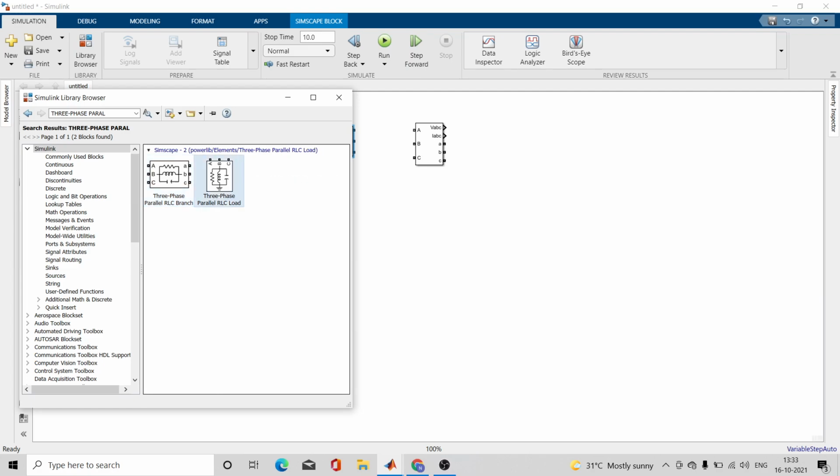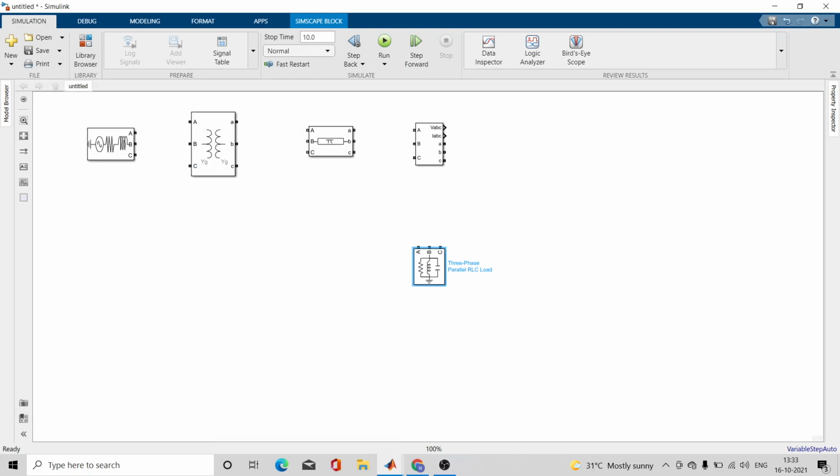I'll take this one, RLC load. I'll take RLC load because I have the values of power instead of values of RLC. Yes. So let us connect. Very easy to connect. Source to the corresponding terminals ABC, ABC. So let us quickly do this.